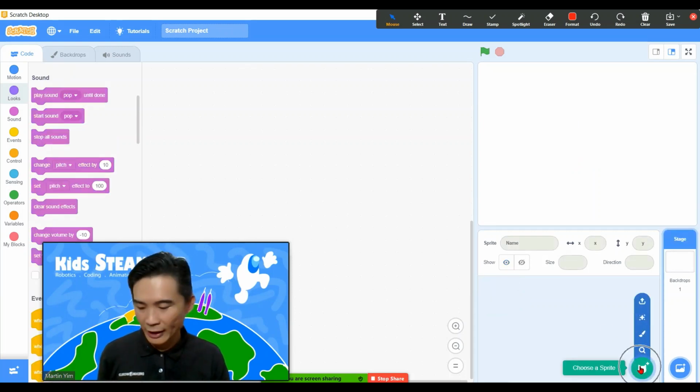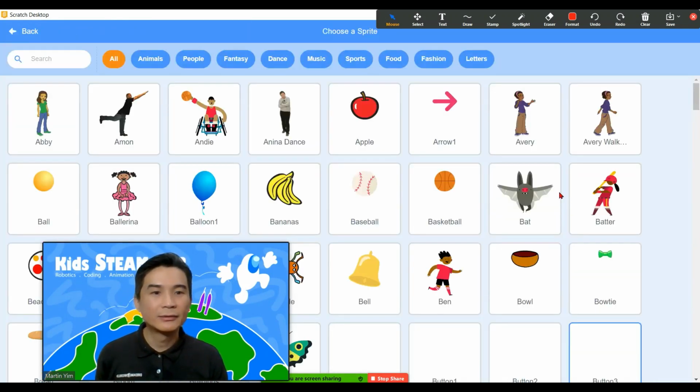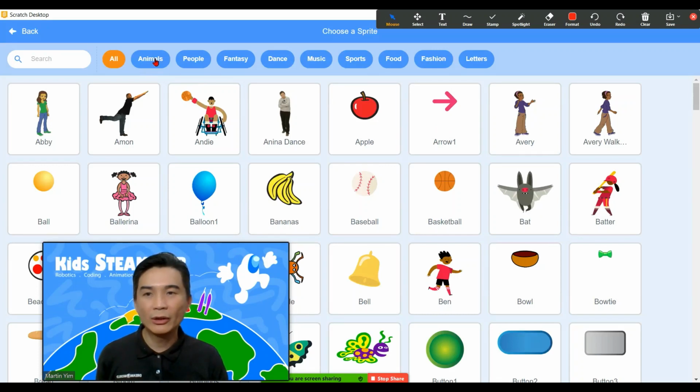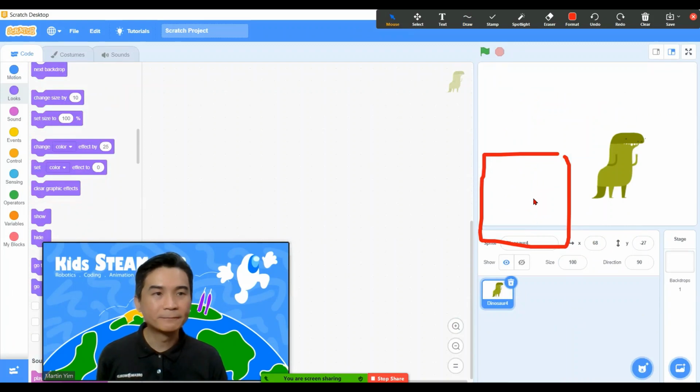Now go to the cat head icon, and then we are going to look for a dinosaur sprite. And then you click on animal. Yeah, you see this. This is a dinosaur. We want to use this sprite as our character, like what you saw in the short game that I showed you just now. Click on dinosaur,